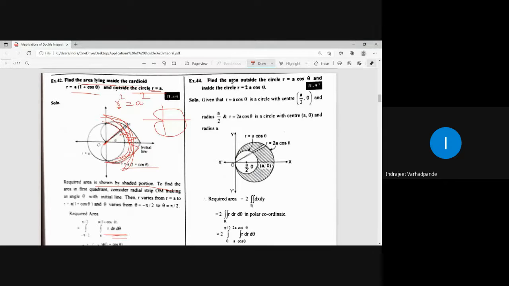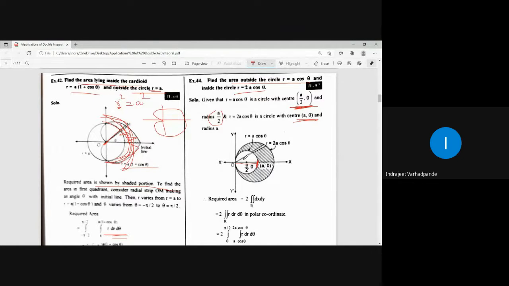Another example, for your understanding: area outside the circle and inside the circle. Now because of cos theta, I said it will be symmetrical about the x-axis and displaced from the origin. A divided by 2 will be a by 2. So a circle with center at a by 2 comma 0 and radius equal to a by 2. 2a divided by 2 is a. So the center of that circle is a and the radius is also a. Accordingly its diameter will be the full 2a, because twice the radius is nothing but the diameter. So the circles will be drawn in this way, right?